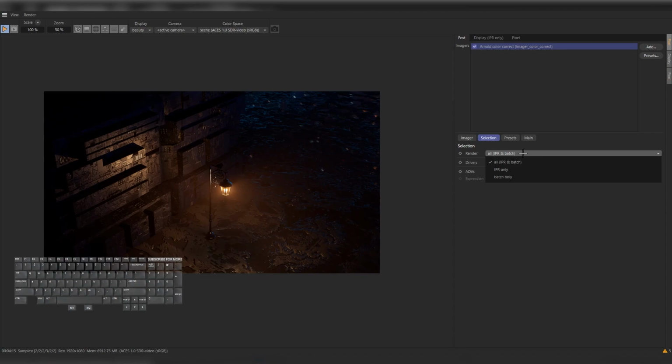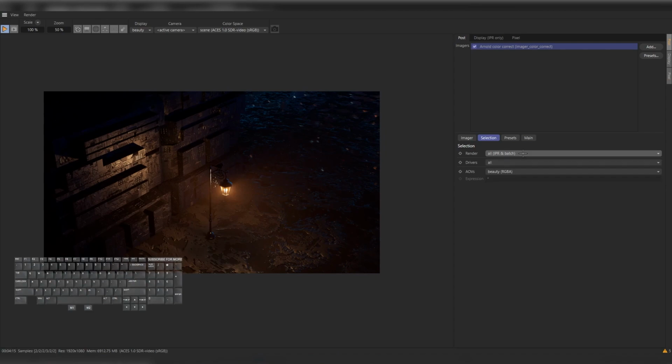The first option is all, IBR, and batch, and this will add all the changes that you've made to your IBR and also to your final render throughout the picture viewer in the normal tab of the Cinema 4D. If you choose IBR only, it will only add it to the IBR. It will not be added to your final outputs. For batch only, it will be added only to your final renders,